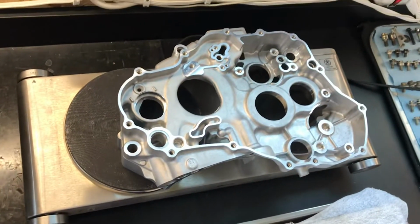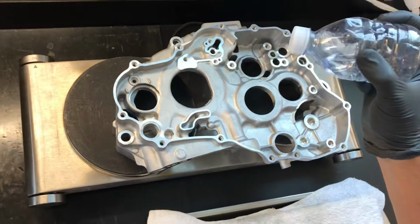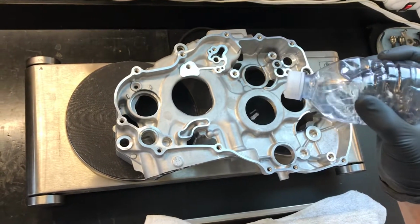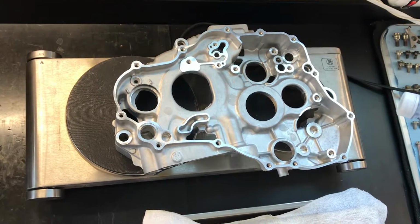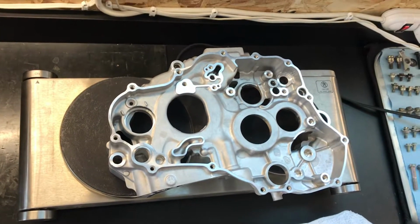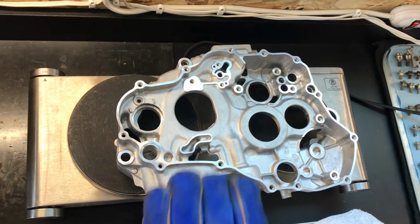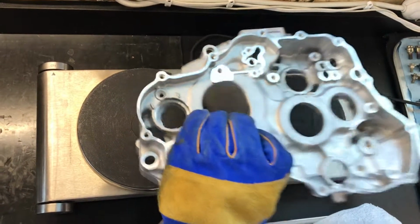Alright guys, so we're going to put some bearings in these cases here. I know I've showed you before, but I always just confirm the temperature is high enough with a little bit of water at different points in the engine case to make sure bearings are going to slip in nicely, and we're looking pretty good right there. So I just pull it off the hot plate, flip it over,